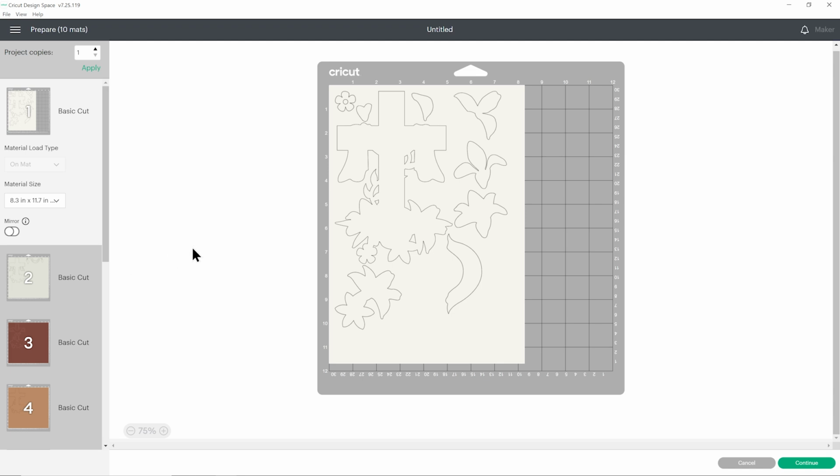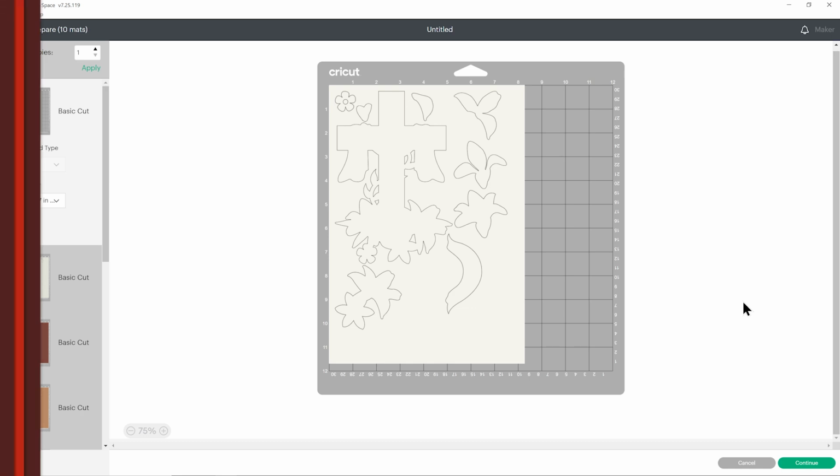I'll need to do that for all the different colours, so I'll go ahead and do that, and then you go ahead and do that on your version too. And when you're happy with how it's all looking, click Continue to connect to your Cricut, get everything cut out from cardstock, and then I'll show you how to stick it all together.